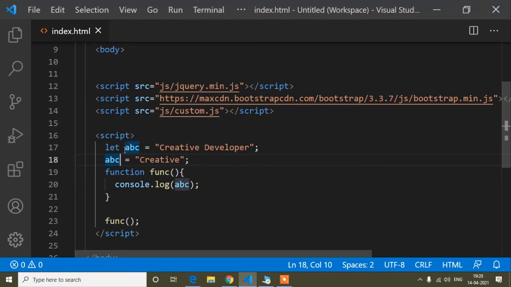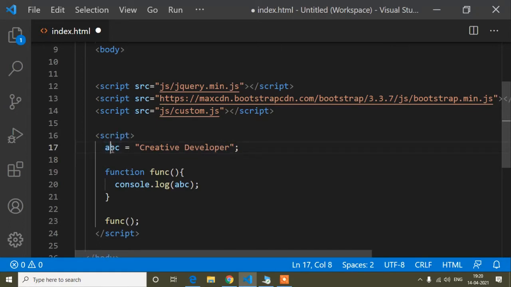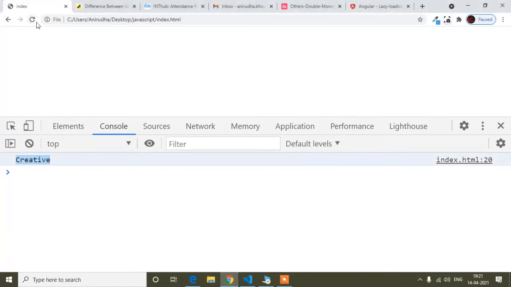Okay guys, so dynamic variable means, suppose I remove here, and first of all I have written a name, and inside this name I have assigned a value, and after that if I define ABC as a variable, that's called a dynamic variable. So now if I define it using ABC keyword, that means first of all ABC is the name where I assign the value creative developer, and now I define ABC as the variable using var keyword. So now you can see we can easily do that.